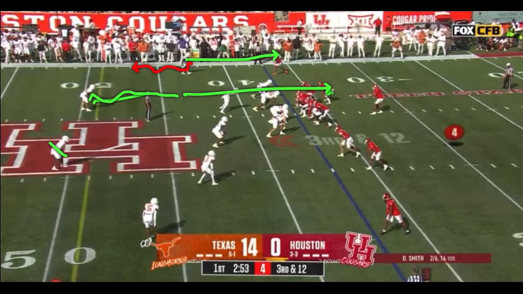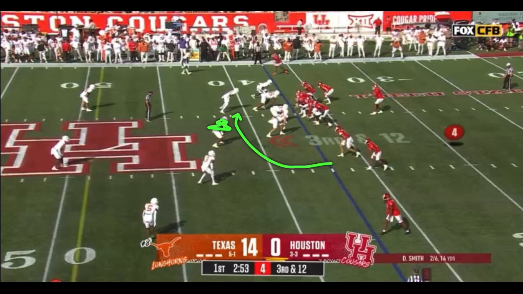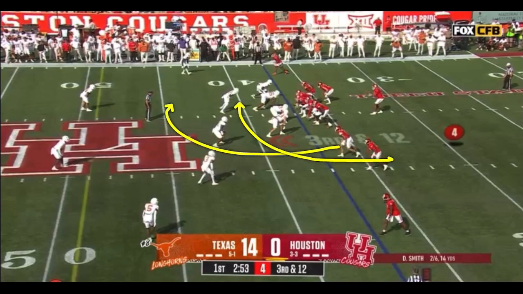Now, what you're getting over here is a triangle over these two receivers right here. So I'm going to break down that triangle a little bit. What's happening is he is looking for an in-breaking receiver. He is looking for an out-breaking receiver. He's playing hi-hat over the top. But when you get variations where they have 2 guys in or 2 guys out, it's going to play out